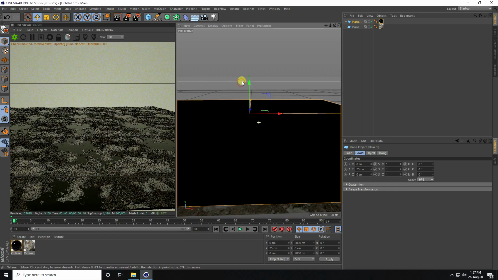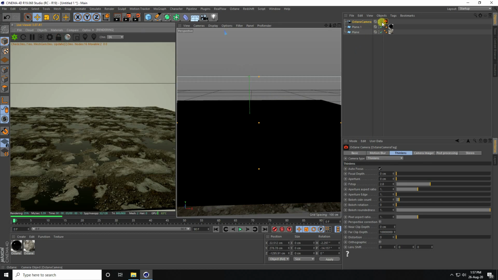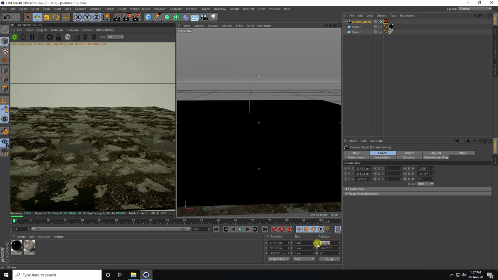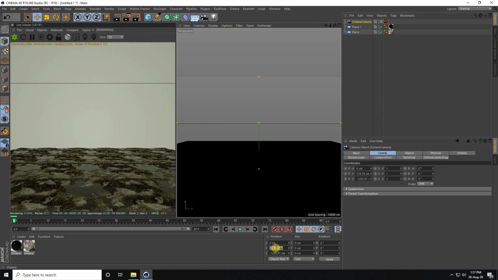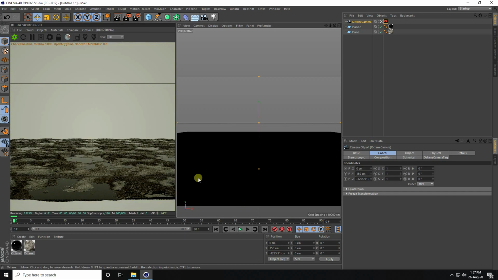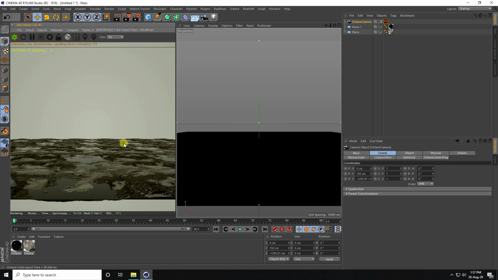Okay, so now guys, I take a camera. So go to object and use Octane camera, and for the camera, guys, all rotation take 0 and X1 also change Y. Yes, better, right? Okay, so guys, now I also change this size. So go to render setting, size I take 1000 breadth and height the same 1000 pixels. Yeah, and render preview. Yeah, better, right?